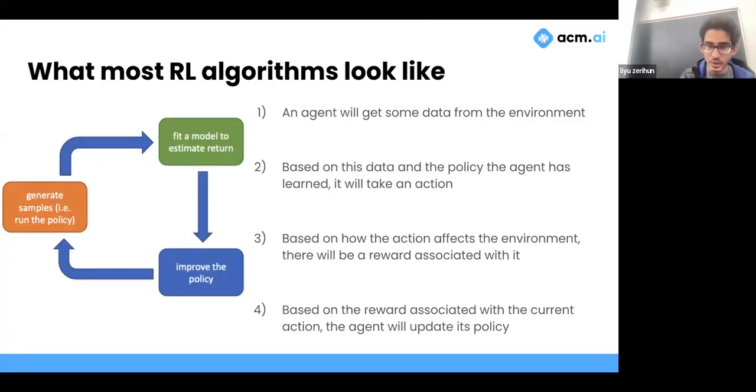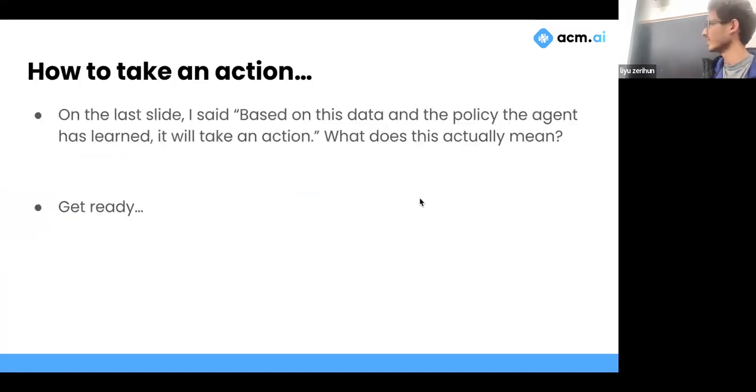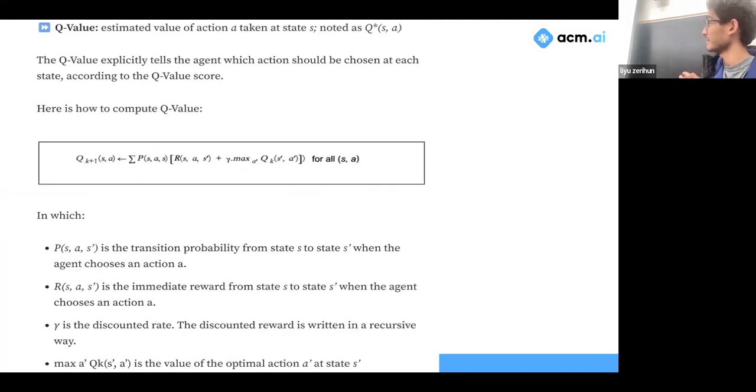So if you go back here, I said, based on this data, the policy the agent has learned, it will take an action. To delve into the weeds of what exactly that means, it is this thing. The idea here is that there's some probability that, given a state and an action, you're going to enter another state.